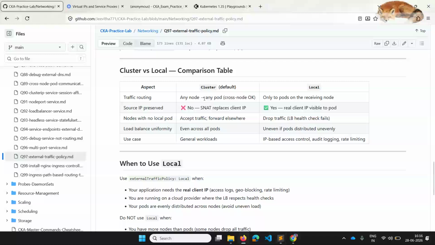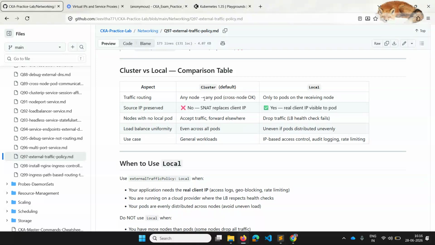When you send traffic from a load balancer static IP, it checks that since the external traffic policy is local, the packet gets dropped if the requested pod is not there on that node.